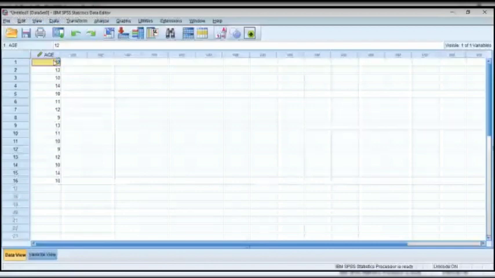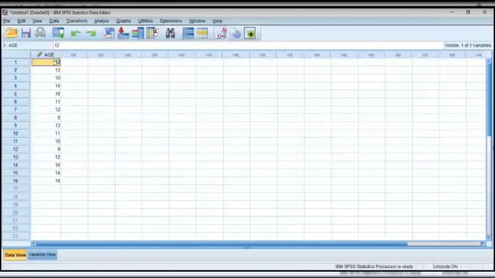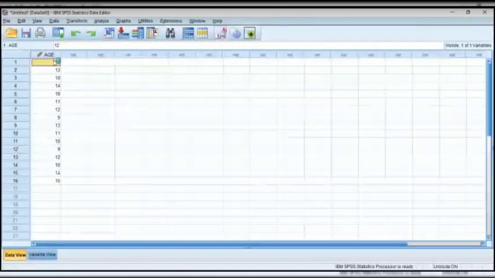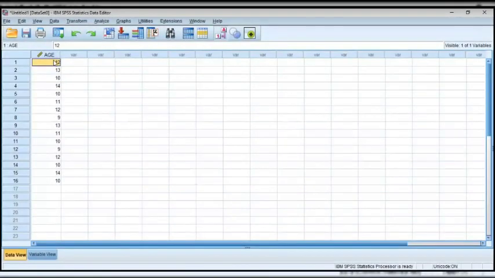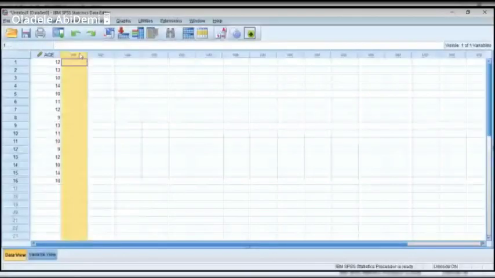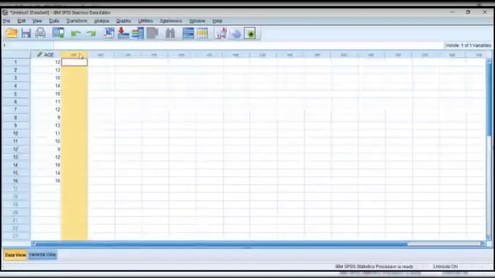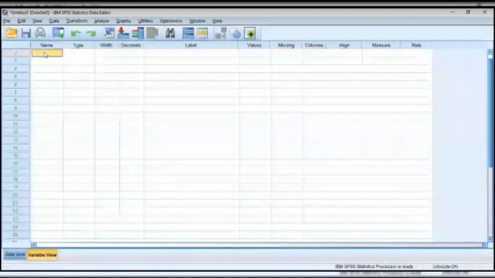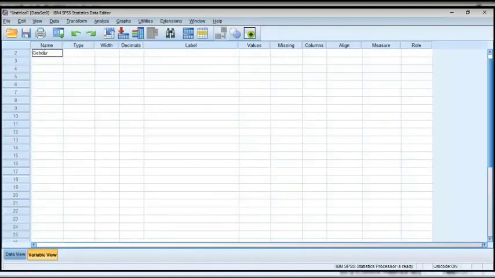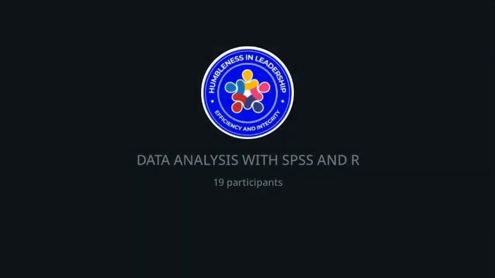Now, I'm going to be taking manipulation and simulation all together because it's actually very important for us to have those skills if we are going to be doing a lot with SPSS. For example, I want to have another variable. Let's say gender. Sorry, I'm going to my variable view. Start the second variable, which is gender, right?